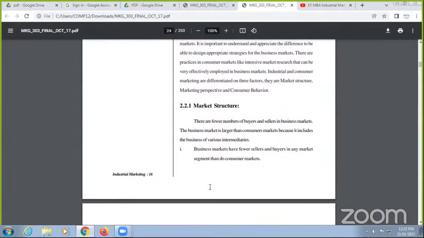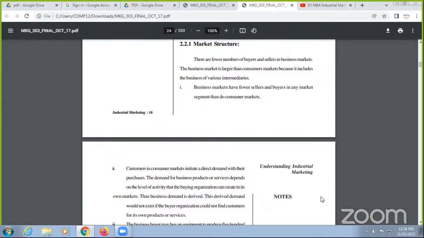Market structure: there are a fewer number of buyers and sellers in business markets. The business market is larger than the customer market because it includes the business of various intermediaries. Business markets have fewer sellers and buyers in any market segment than customer markets do. The customer is the consumer market, interested in direct